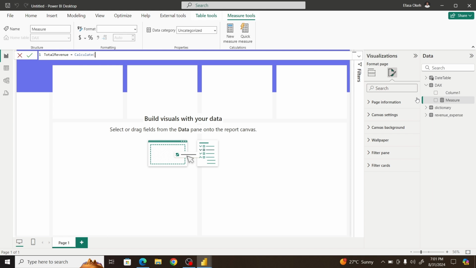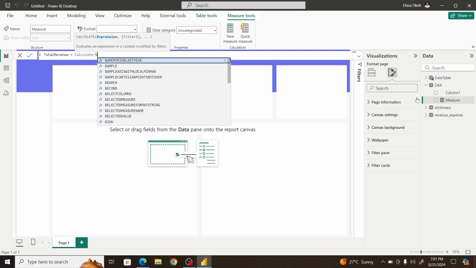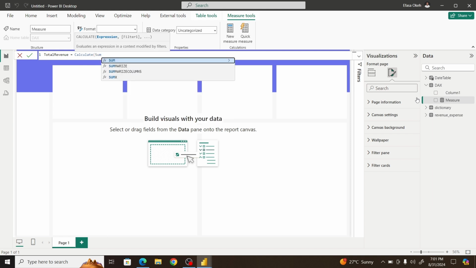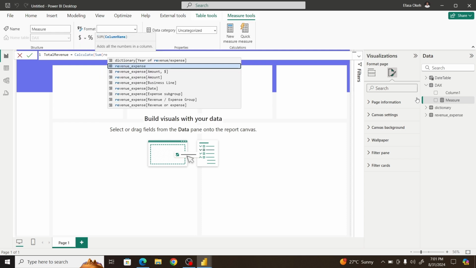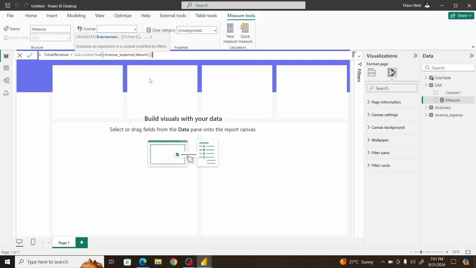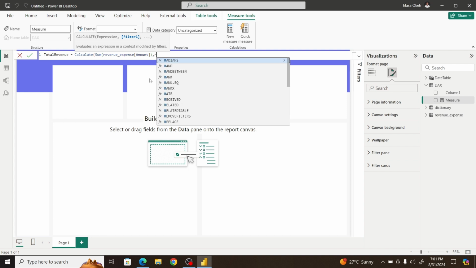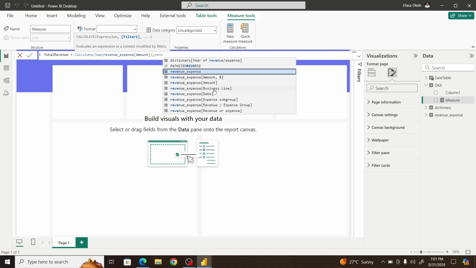What do I want to calculate? I want to sum the amount, so sum the revenue or expense. Like I said, we have two amounts. Remember the amount we're using is the one without the dollar sign. Sum the amount column. And now filter to when the revenue or expense